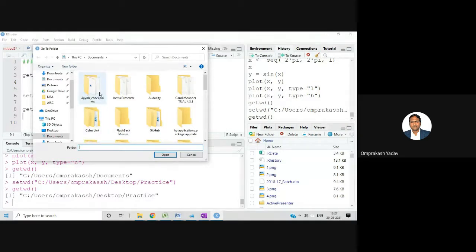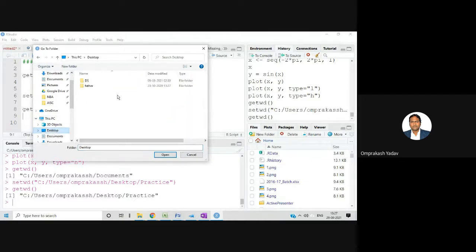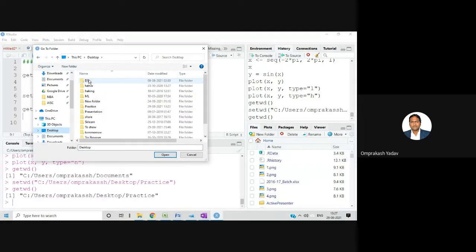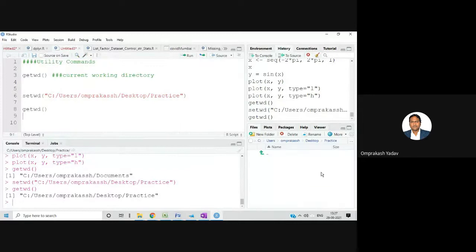From here, you can select the folder which you want to set as the working directory. So I'll go to desktop and select that practice folder, this one. I'll open it. If you see here, it directly got opened.